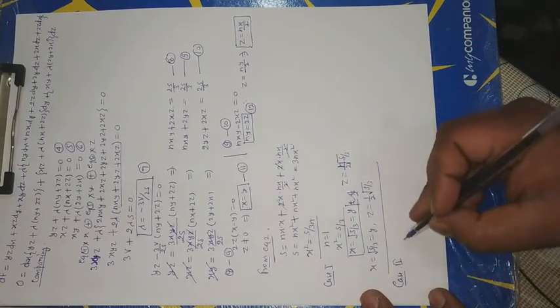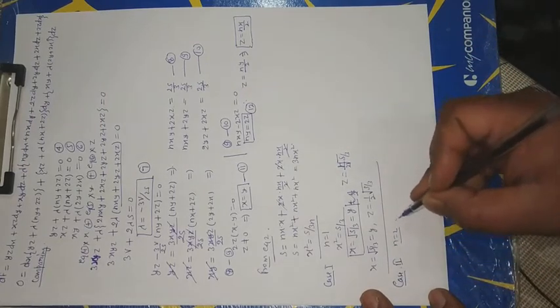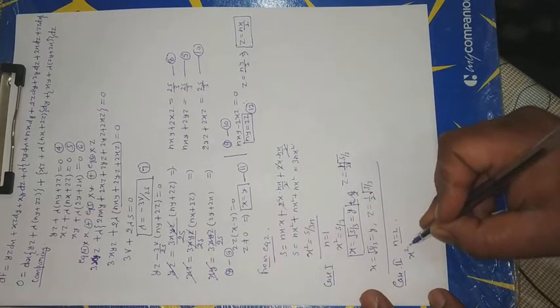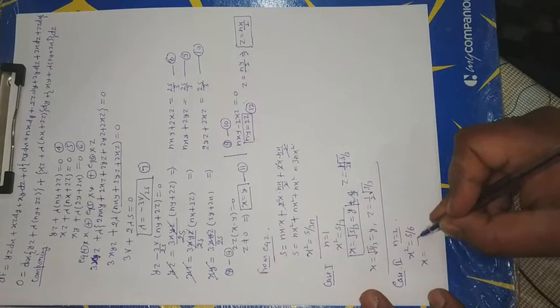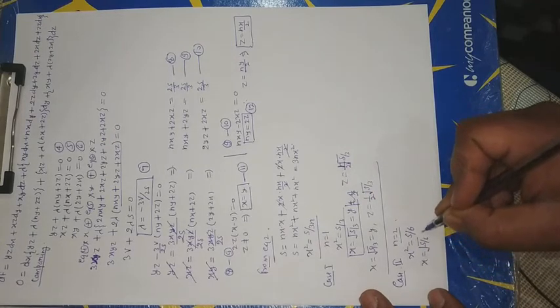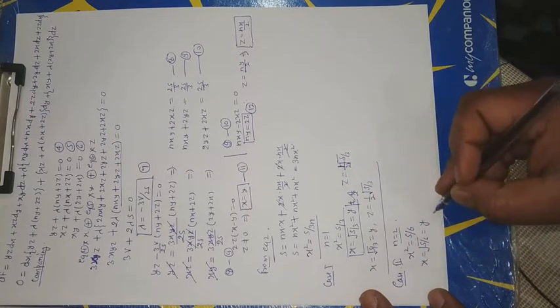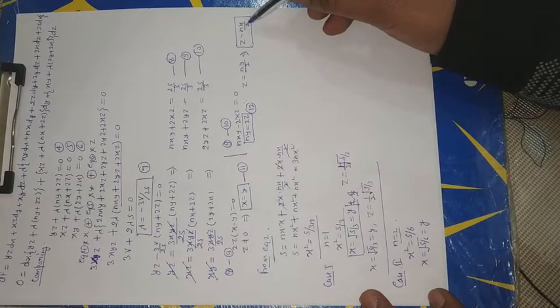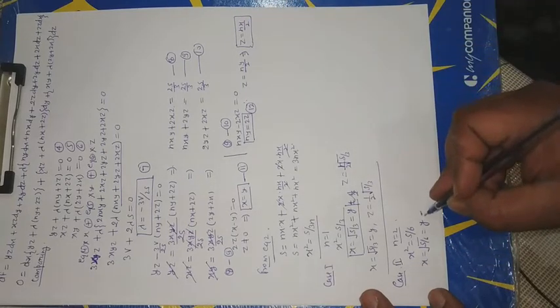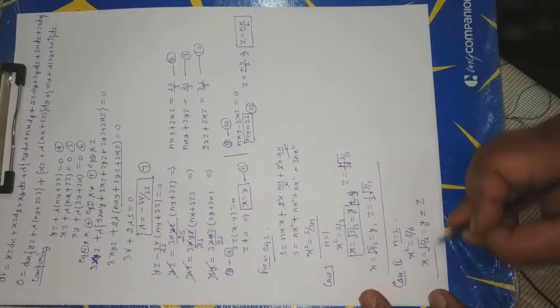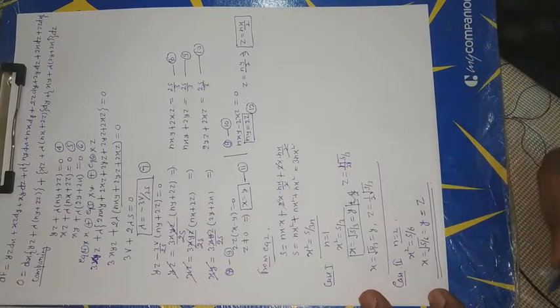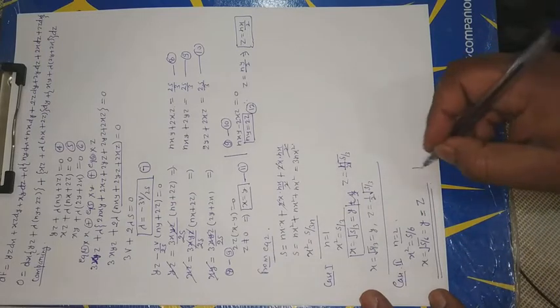Now the box is closed, that is n is equal to 2. Now x square is equal to S by 6. This is x is equal to under root S by 6. This is equal to y. Okay. This is equal to z. This is a cube. Okay student, this is the complete solution.